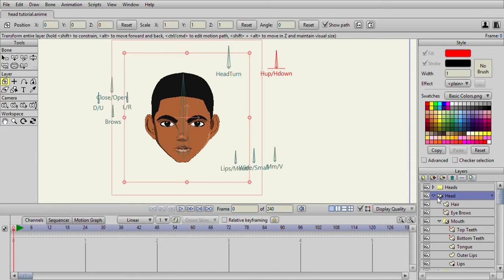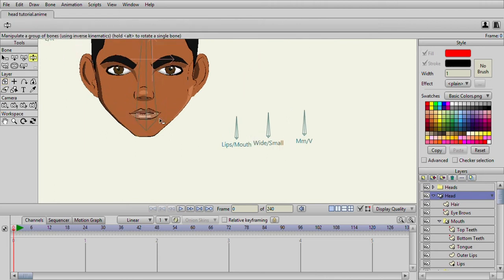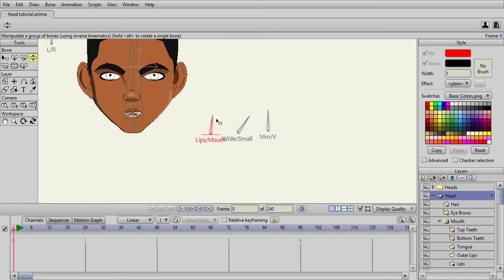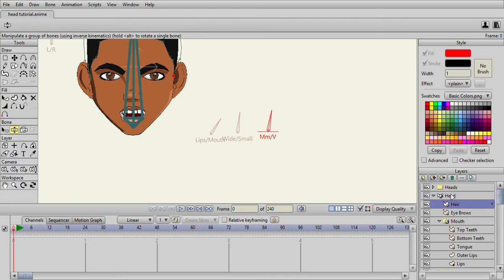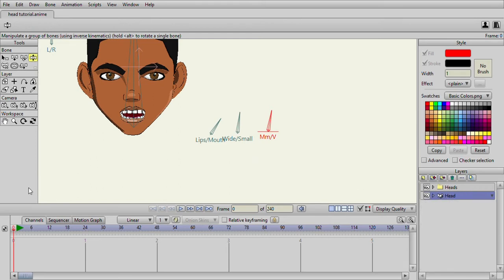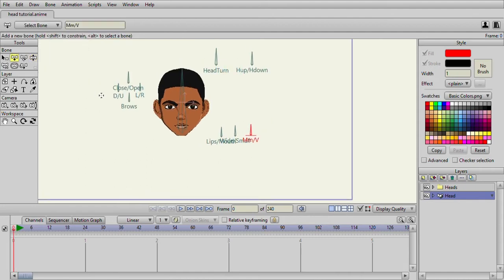What other action could we add to him? I mean, the mouth, I think I pretty much, it's like an O. Yeah, I think I could get all of the phonemes I need out of that. The next one I'm going to add is maybe the nose. So I'll give him a nose